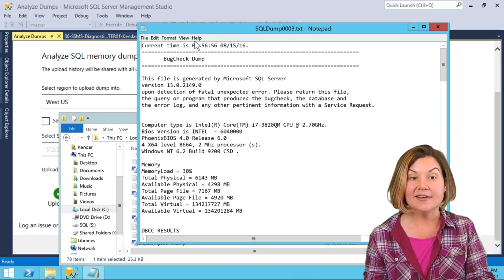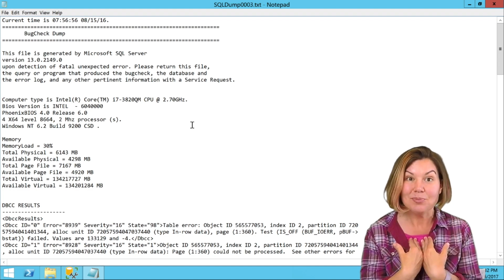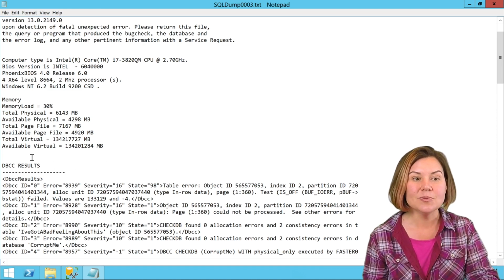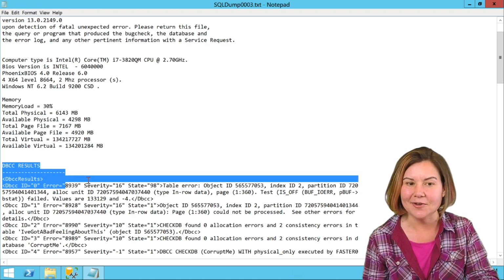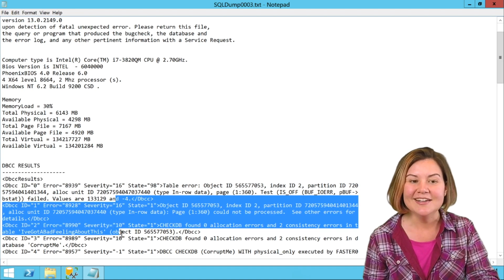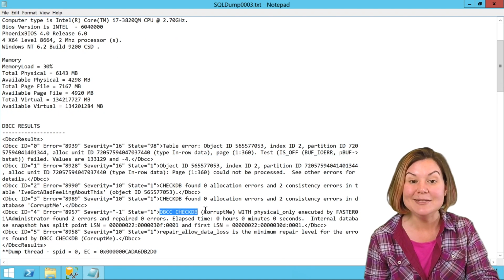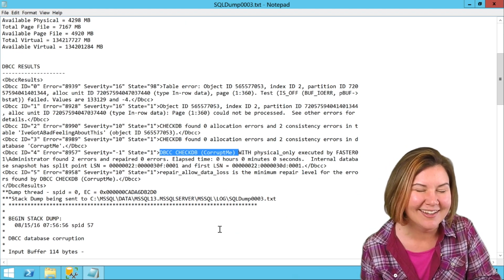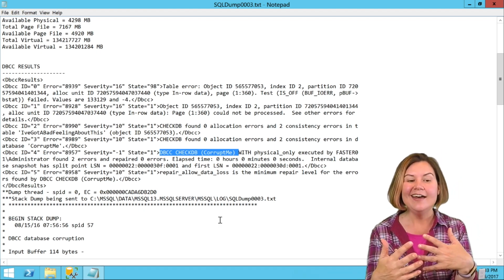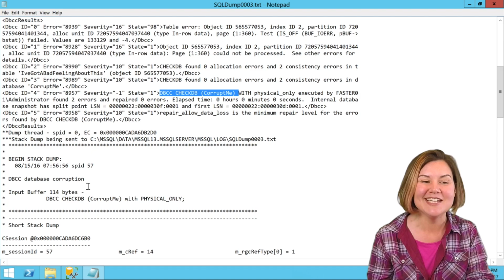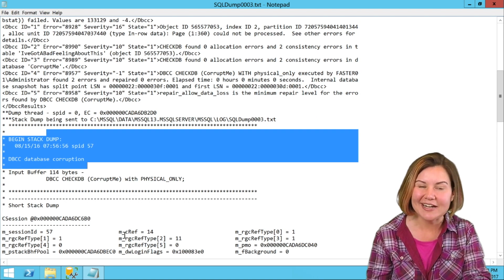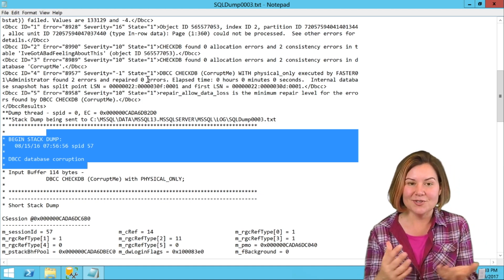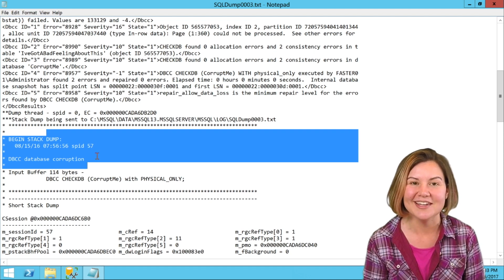I can look at this, and just me, human me, has been provided some information by SQL Server that I can look at. And notice right away, DBCC results, right? We've got output here from DBCC CheckDB against a database named CorruptMe. Back when I ran this, I had purposefully corrupted some data for testing different things with CheckDB and demoing corruption. And we can see in the text file for this, it doesn't take a genius to interpret this was